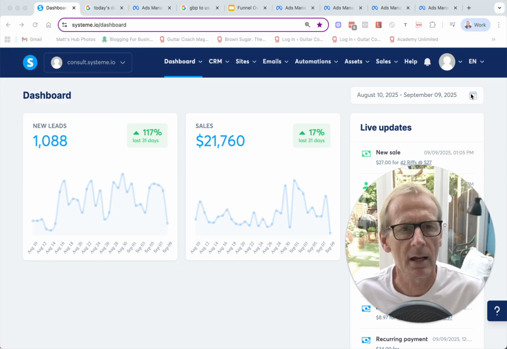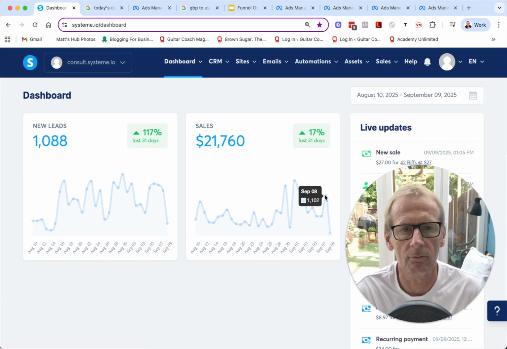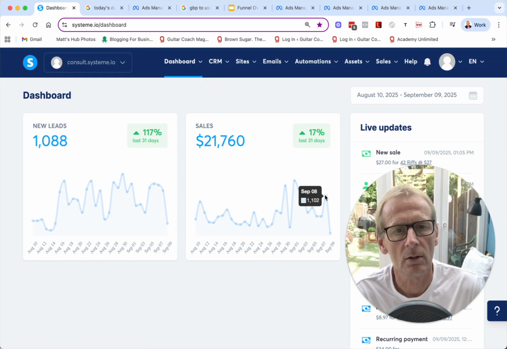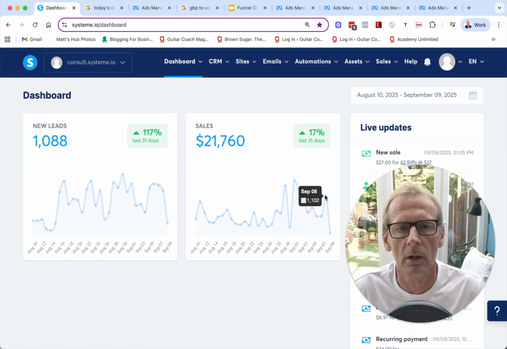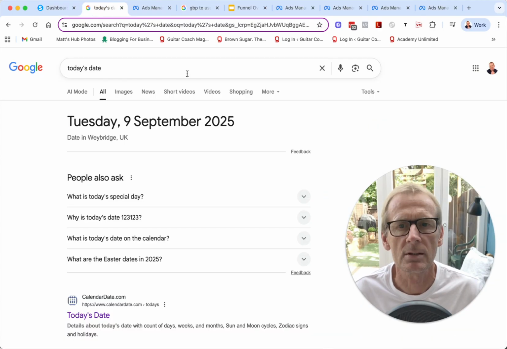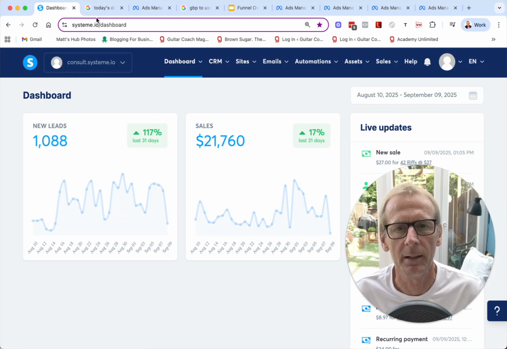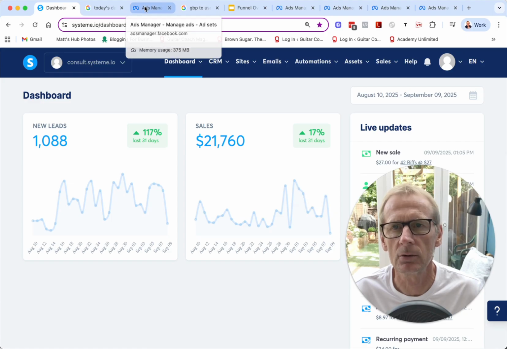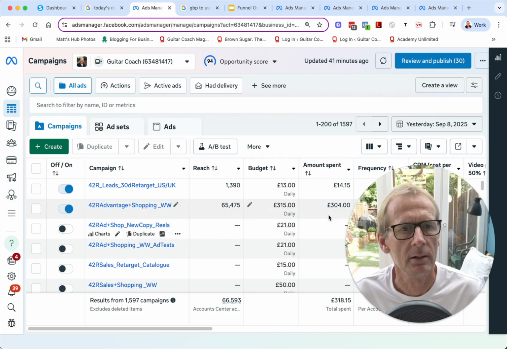But just before we get into that, here's a quick snapshot of the stats from yesterday. And as we can see, yesterday was again a very good day. Just over $1,100. And oh yeah, that's a date check for you. Check, we are on Tuesday the 9th. A reminder of where we are. So yes, just what was it, $1,100 in sales, and our ad spend for yesterday was